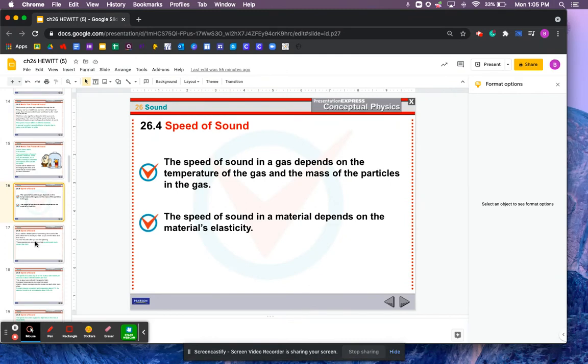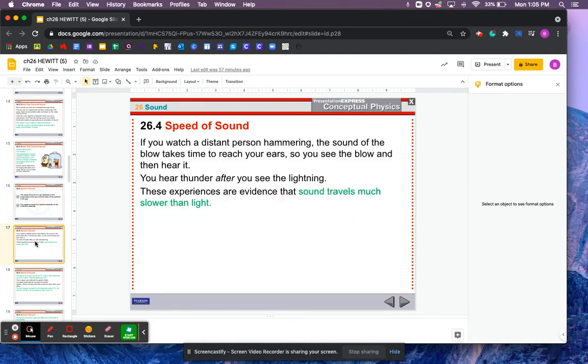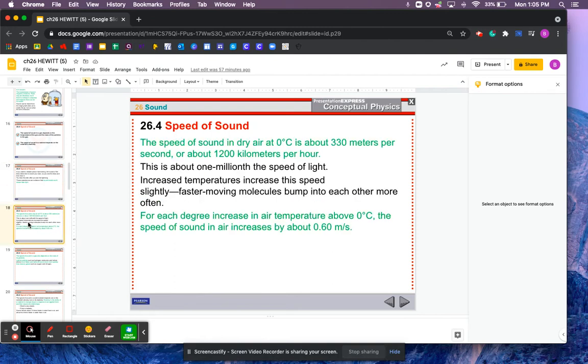Next, we're going to continue to talk a little bit about the speed of sound. Compared to the speed of light, hopefully you know that sound travels much slower than light. A perfect example is thunder and lightning, right? Thunder is the sound you hear of both of those clouds crashing into each other. The lightning is the light that you see between the collision. You usually see the lightning first and then you hear the thunder after. Why? Because it takes longer for that sound wave to travel than it does for a light wave.